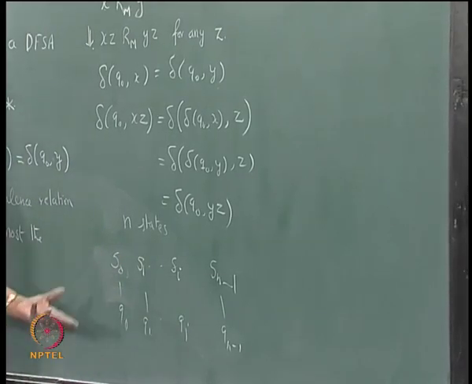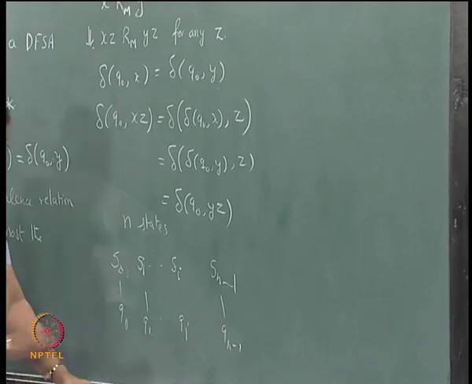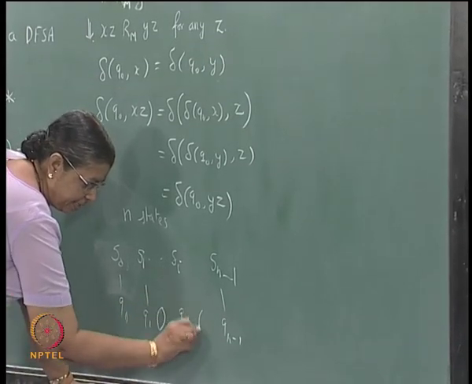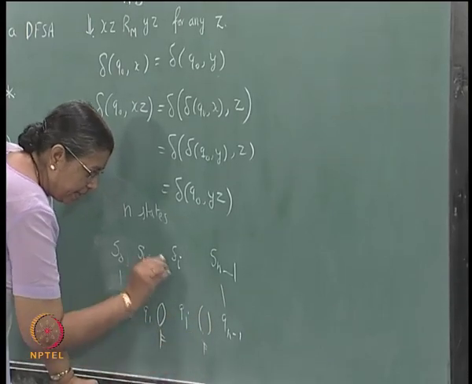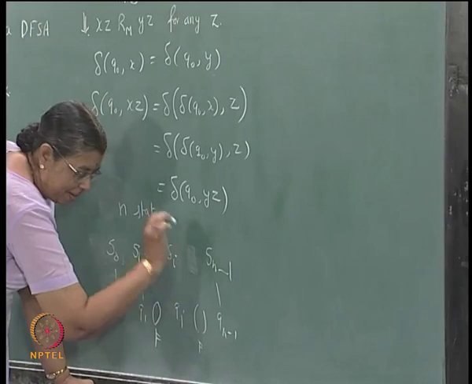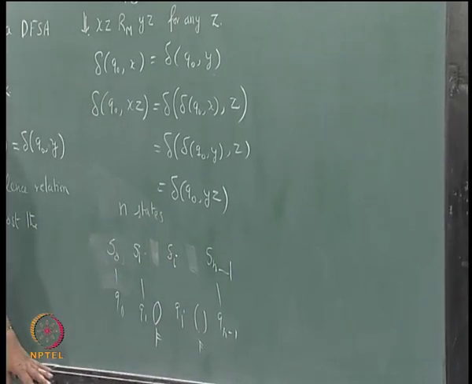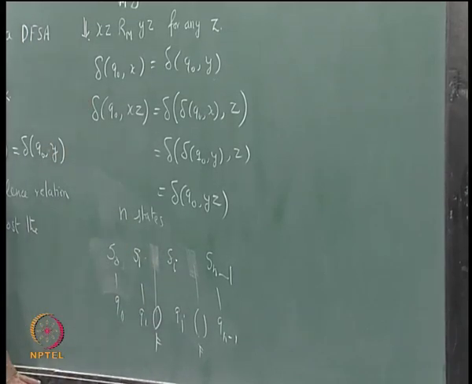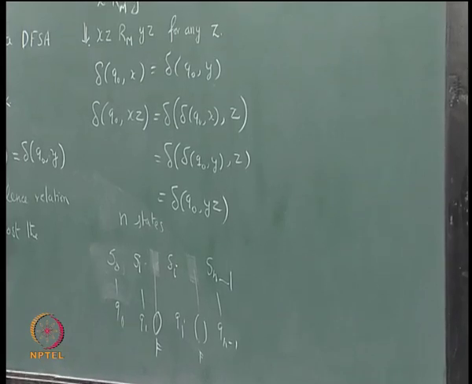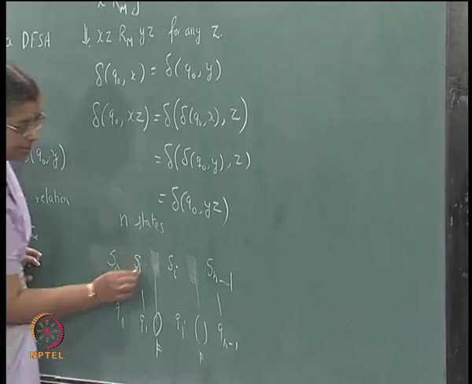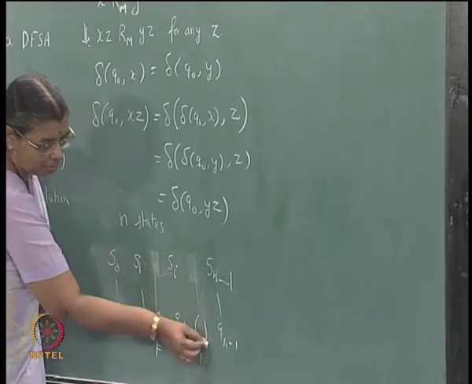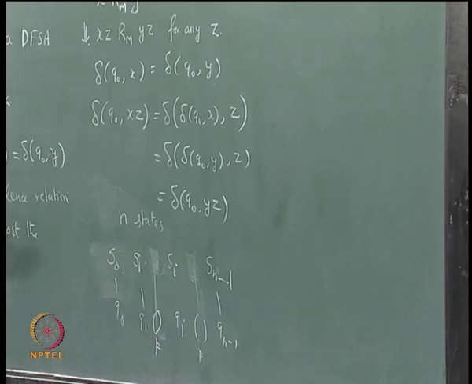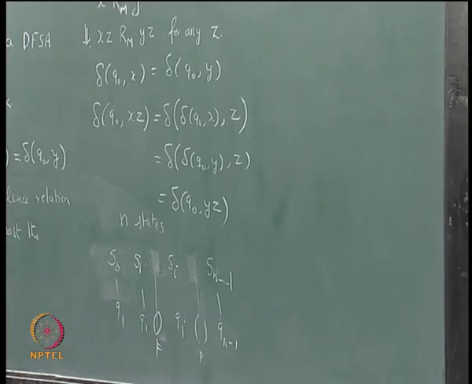Now, some of these states will be final states. Say this is a final state. Then there will be a class corresponding to that, right. So, L is the union of such classes, because what is L really? L is the set of strings which take you from q naught to a final state. So, among these classes, some of them will correspond to final states; take the union of them, that will be L, right.